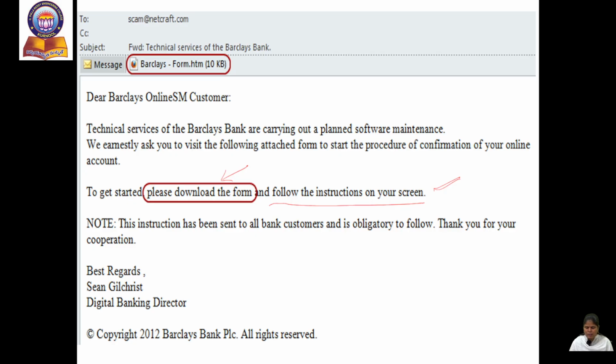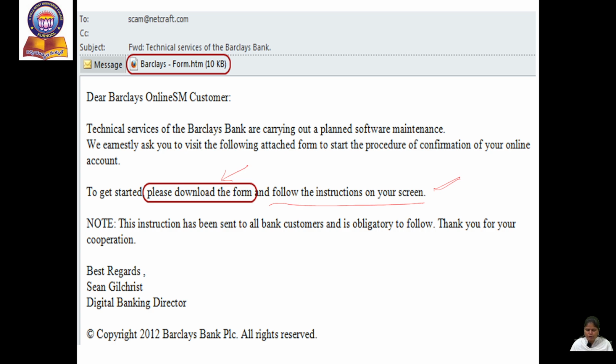Whenever someone sees it came from the particular bank, we will be clicking and opening that form, and we will fill it and reply back. Within that, we will be giving all the information about the account, our PIN number, the date on which we opened the account, all the details mentioned in the form will be filled, and it might be sent as a reply to this particular mail.